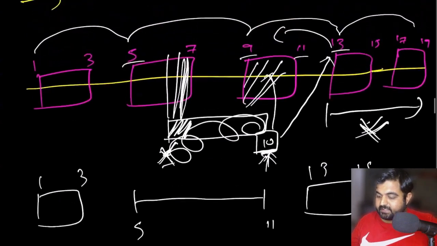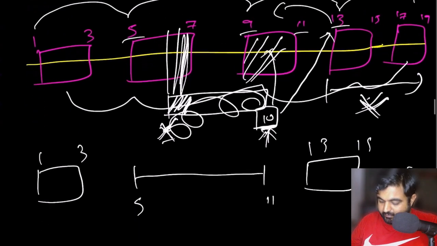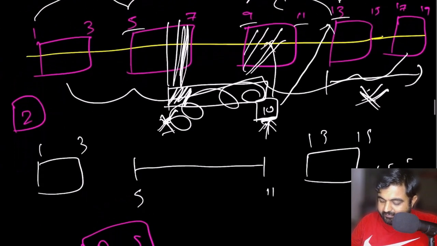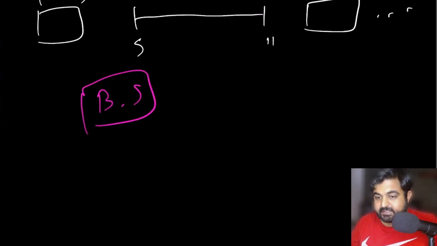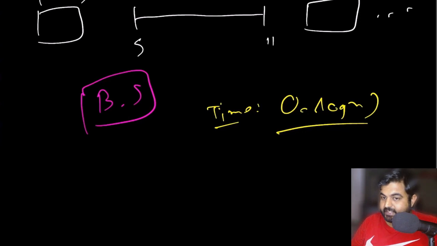Now notice that even though we had 5 different intervals in the input, we only did 2 calculations because we used the binary search property of this originally given sorted input array. And that is why things became much easier for us. If we see the time complexity now, it is actually going to be big O of log n, because this makes life much easier to do the search operation.